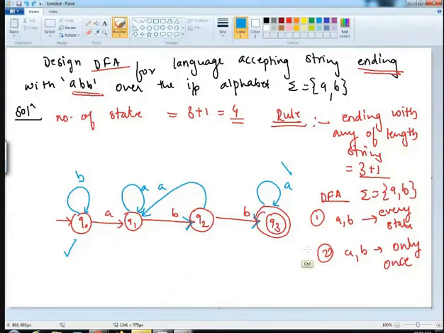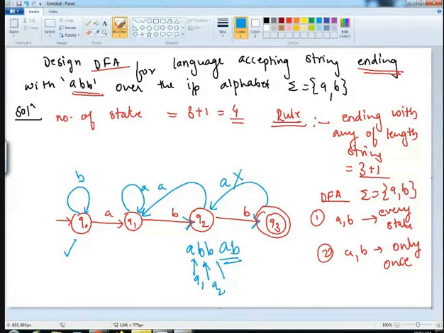Then can I give it to Q2 state? Also it will be incorrect, because if I give this A over here, and the input is A, B, B, A, B, what will the machine do? Q0 to Q1, then B for Q2, then B for Q3, and with this A, it will move to Q2. The machine moves from Q3 to Q2, and from Q2 to Q3 on B, which goes to an acceptable state, because Q3 is an acceptable state. But this is not the case, so I cannot place Q3 to Q2. This will be absolutely incorrect if I place this particular A at the point Q2.